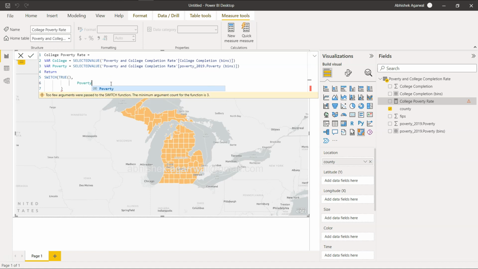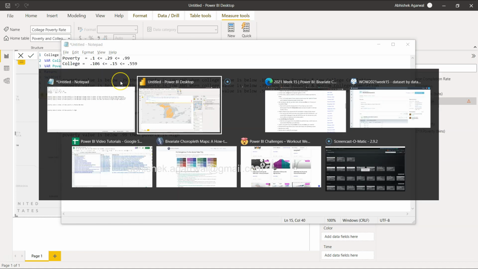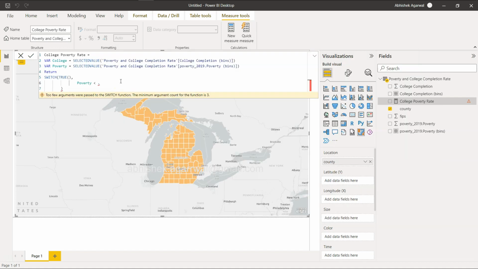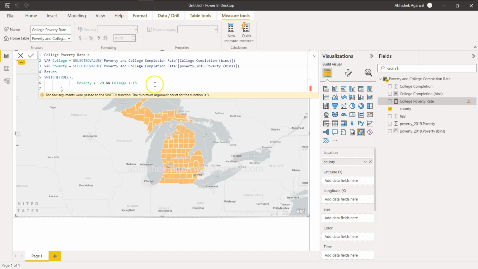Poverty is less than point, what was that value? 29, right? 0.29, and college is less than 0.15, if I'm not wrong. Yes. Poverty is less than 0.29, and this is less than 0.15. Then you have the result: